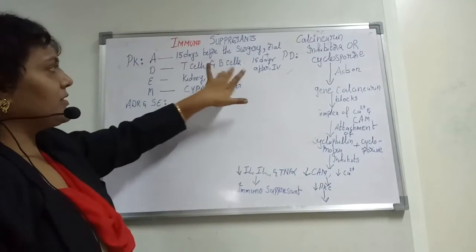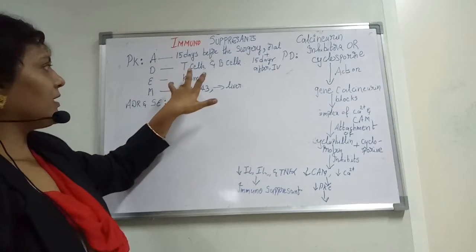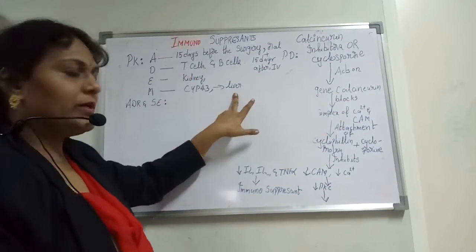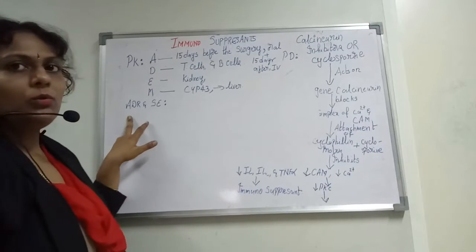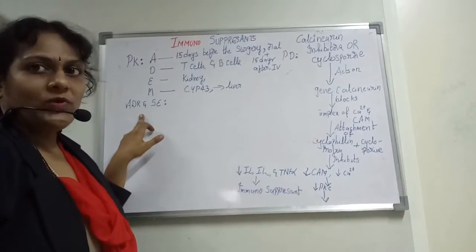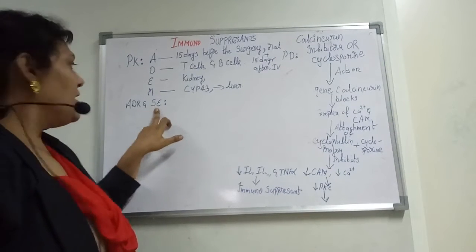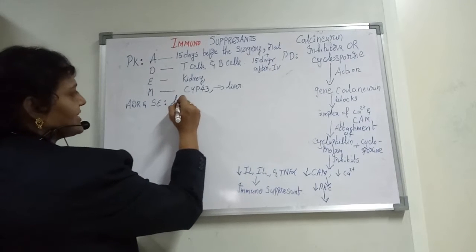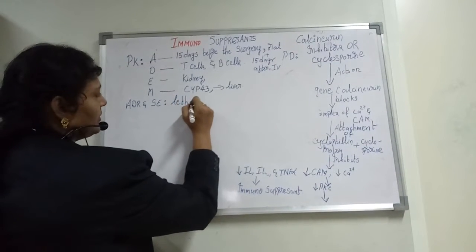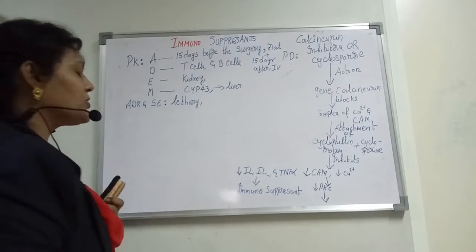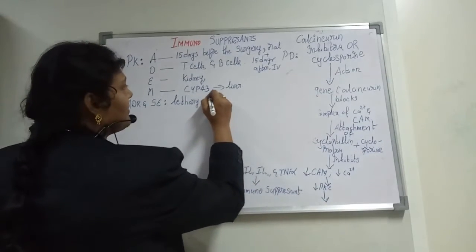And also we know that the other things are the same. Here D is with the T cells and B cells, and E is with the kidneys, and the metabolism of cyclosporin is particularly in the liver. And here I am representing the ADRs and the SEs. We know that ADRs are nothing but adverse drug reactions and side effects. So ADRs we get more and more. Lethargy is one of the ADRs. And also we have hyperkalemia,